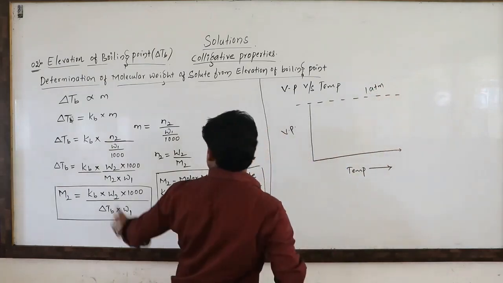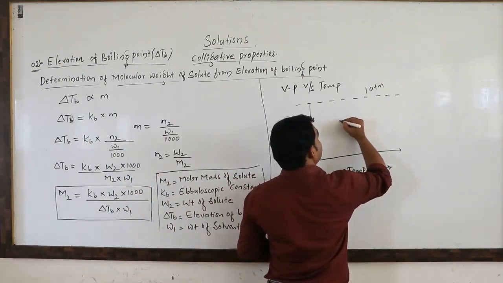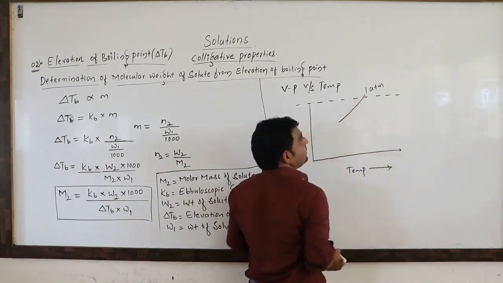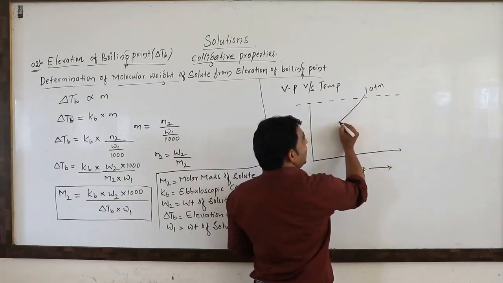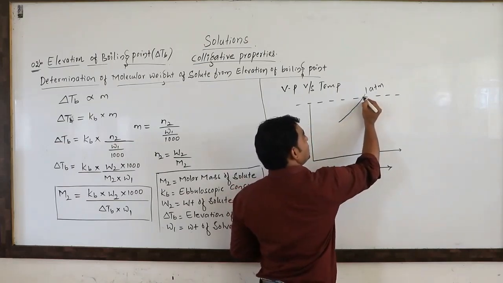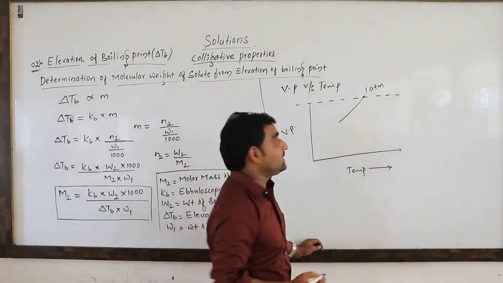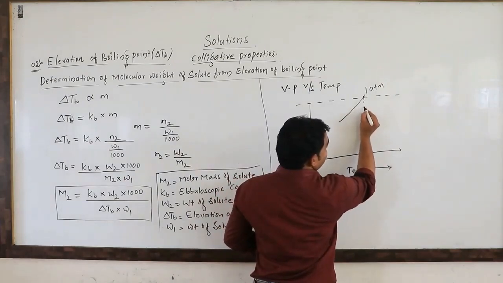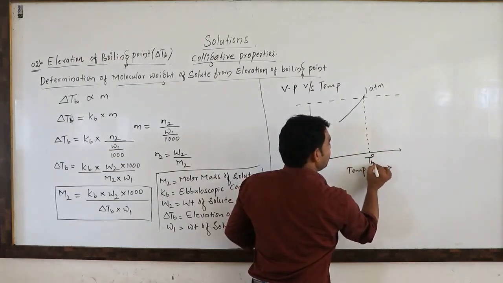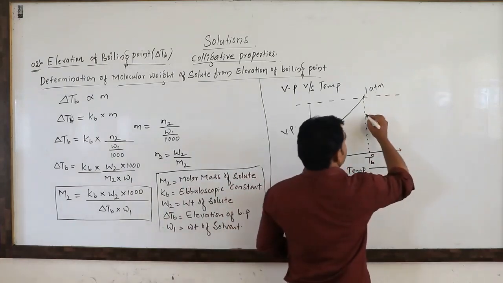So now if you have taken a pure solvent, having only solvent particles, we are getting more vapor pressure and a lower boiling point. When the temperature increases, the vapor pressure of the solvent also increases. When it reaches 1 atmospheric pressure, the solvent starts to boil. That temperature is denoted by T naught B. The naught denotes the pure solvent.